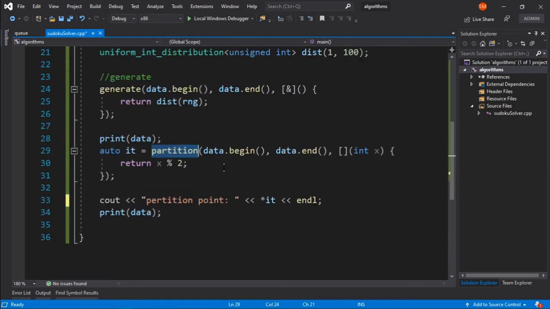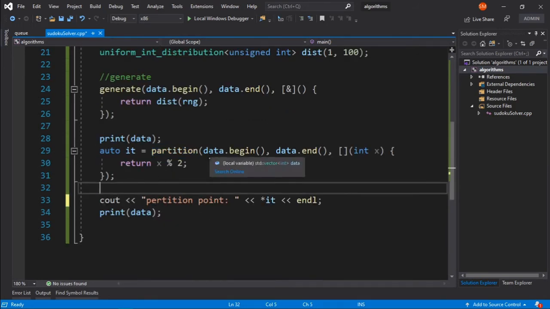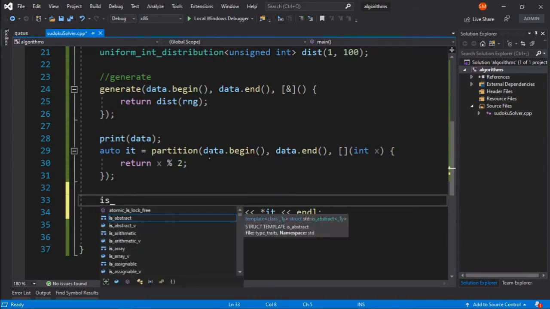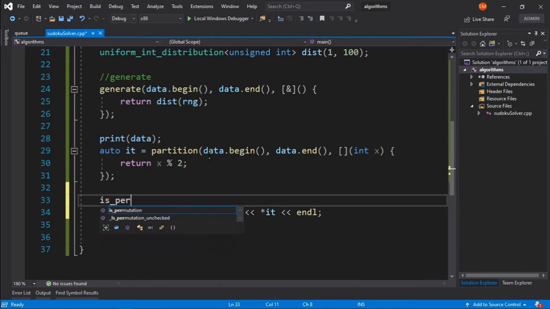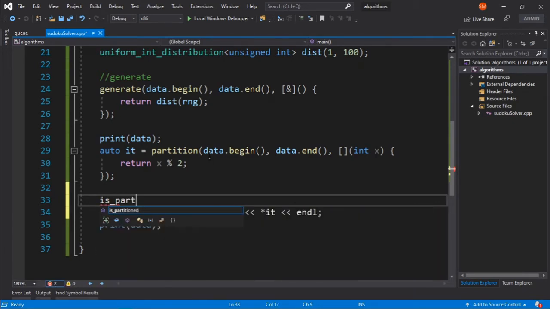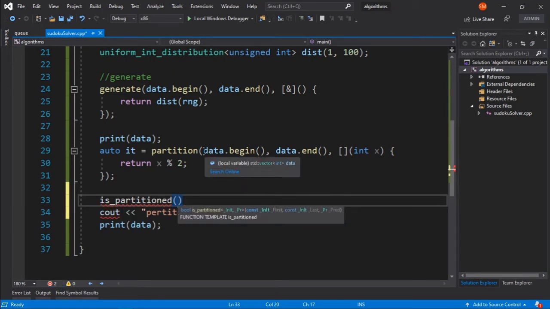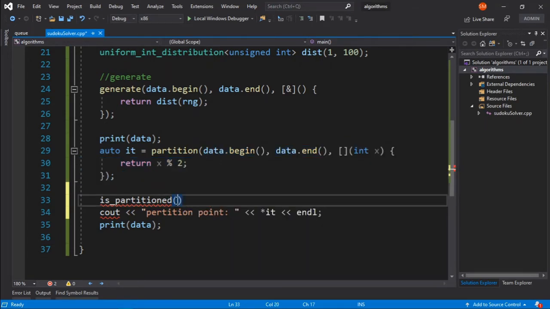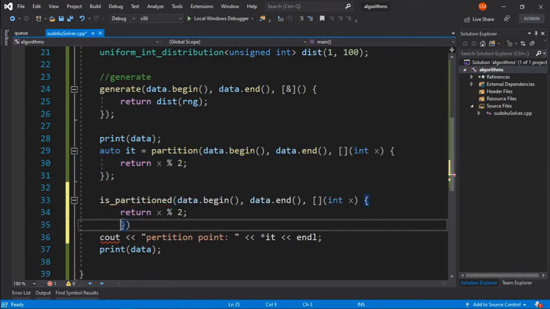Now you can also check whether data is partitioned or not using a function called isPartitioned, and you just give the range and the predicate. So I am just copying this whole thing and pasting it here, and it will check if the data is partitioned or not.